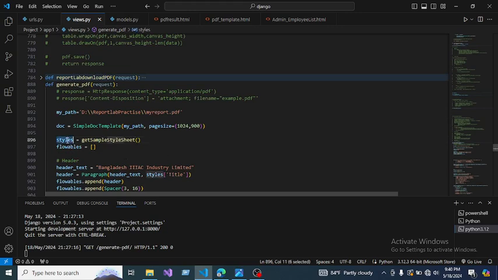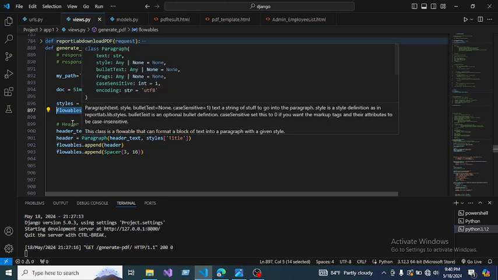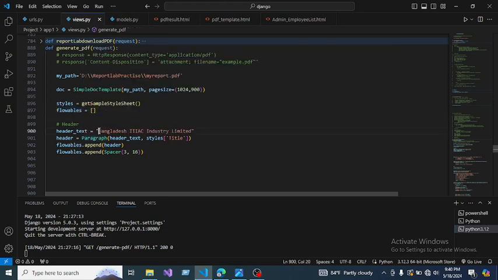Okay. Now to style your paragraph, just add a style equal to getSampleStyleSheet that I have already imported. Okay. And this is the flowables list. For header, this is the header text Bangladesh IISC Industry Limited. And now add the header text into a paragraph. Okay, this is the header text and this is the style because this is title. Now add this header text into PDF